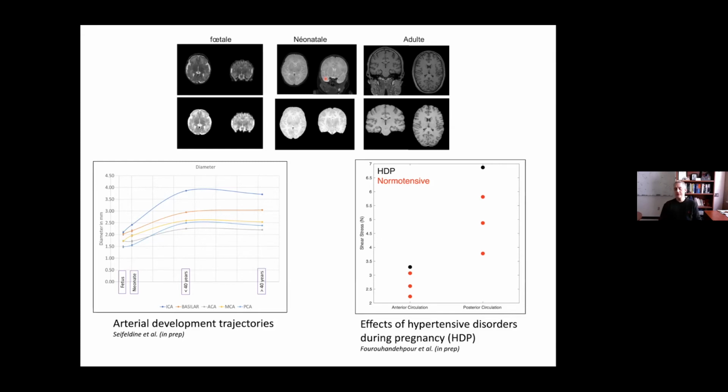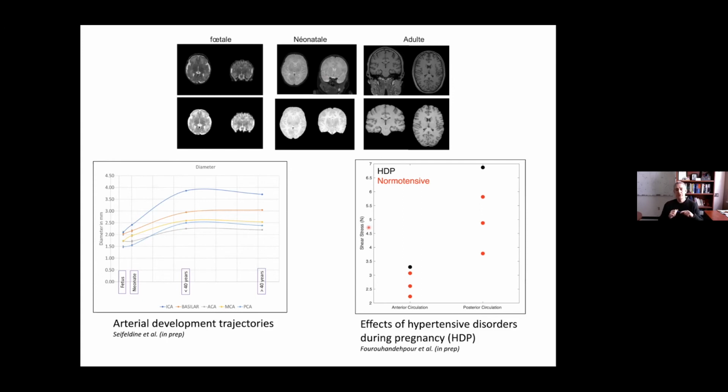The other interesting data point from this study is that out of every 10 pregnancies, between 1 and 2 will experience different types of hypertensive disorders. This will be hypertension that a woman experiences throughout gestation. Now, typically during a normal pregnancy, the blood vessels will slightly vasoconstrict. We think it's because of an increase in stroke volume. But now if you add hypertension on top of that, it might reduce the caliber of the blood vessels such that the shear stress, computed here in newtons, might be quite high in these women.